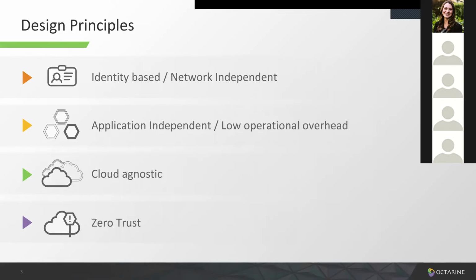And obviously, you want a security solution that will cover all your workloads in a uniform way, regardless of how they were created and where they were deployed.